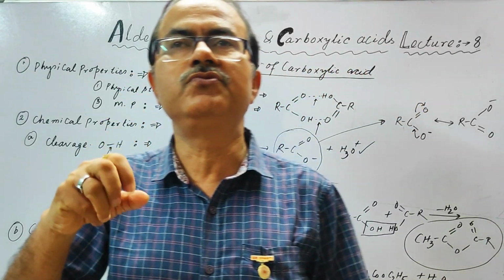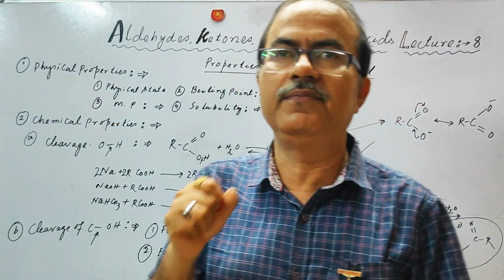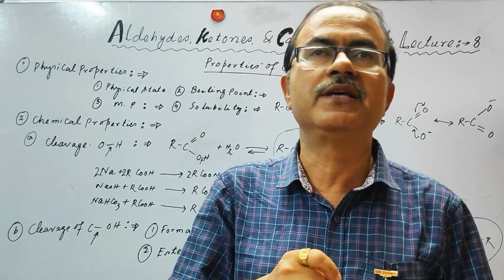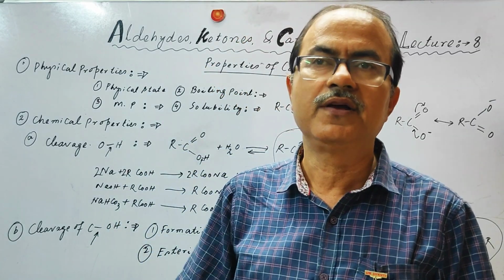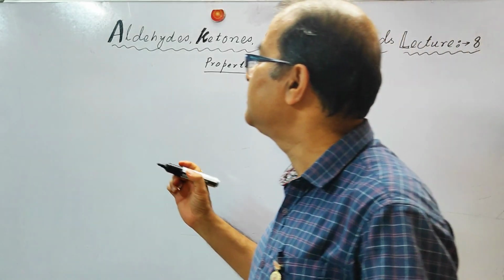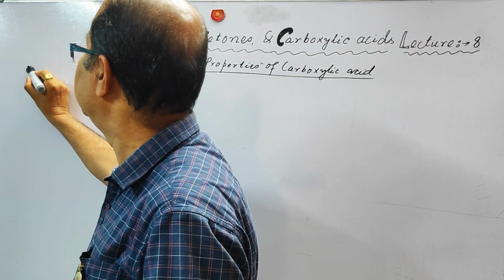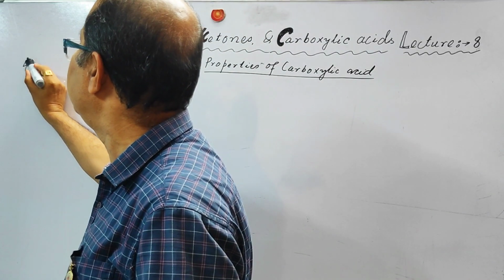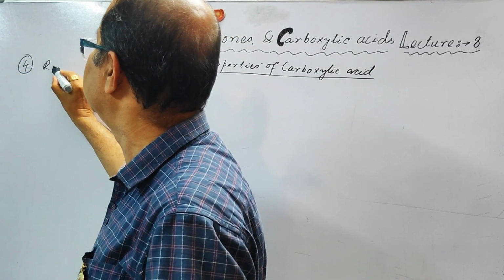That is, in this case we observe different types of reactions where this breaking of this bond occurs, that is in the formation of acid anhydride or in esterification of the carboxylic acid when it reacts with the alcohol. We are going to discuss another very important reaction. We have already discussed three reactions, and this is reaction number 4, the reaction with